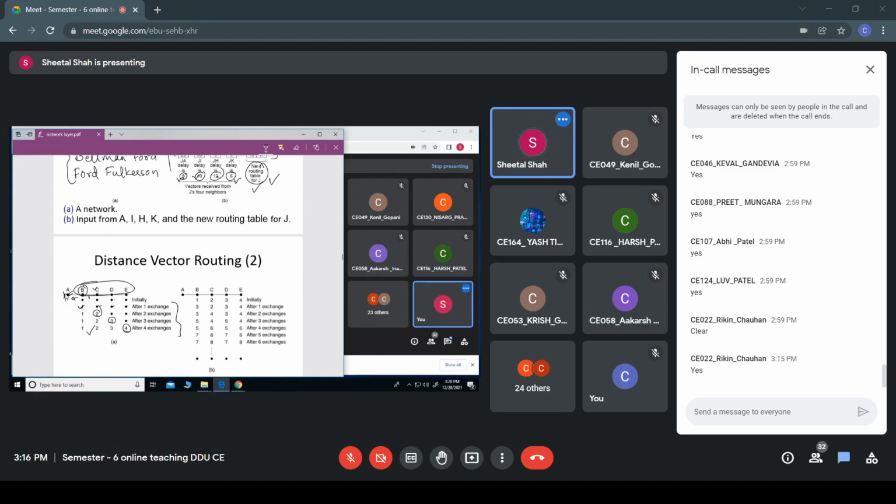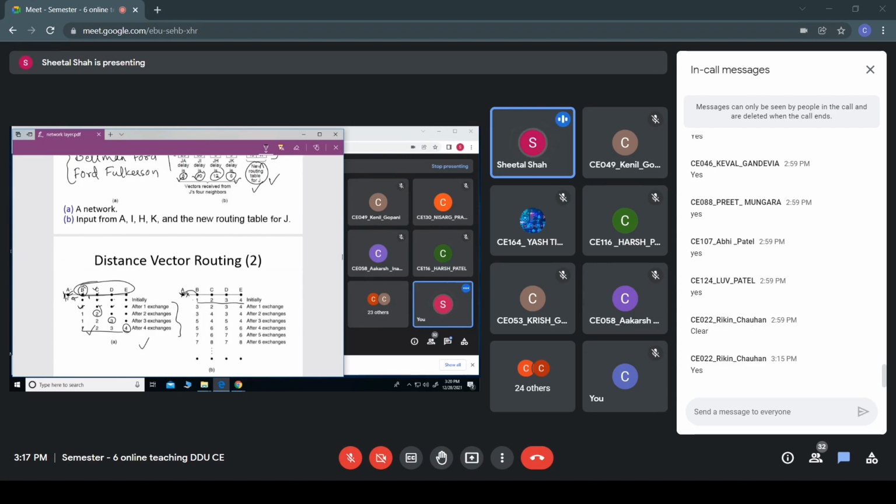This is one thing. The other thing is, suppose once this table is done, 1 2 3 4, now once again A has gone down. So B will send a dummy packet to A, and it would come to know that it cannot reach A. Fine.